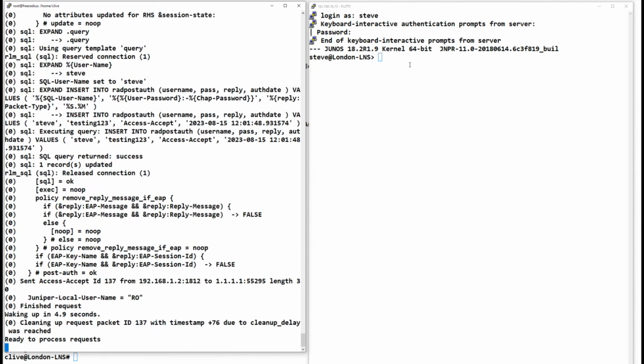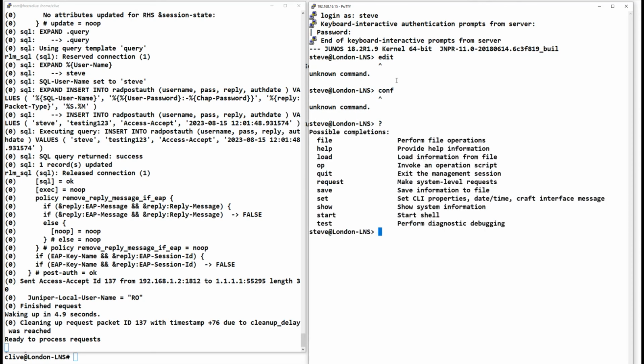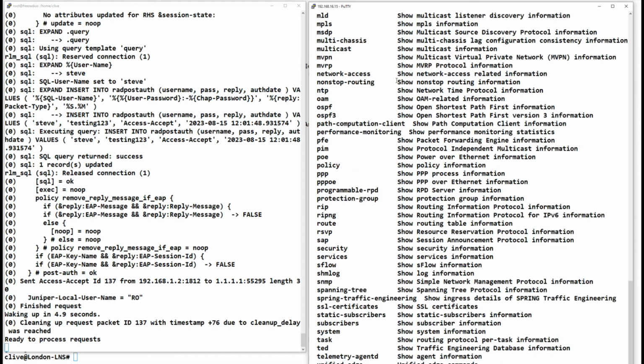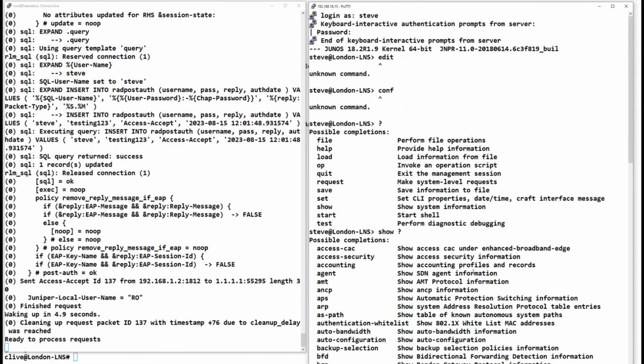So as we can see over here, we've logged in. Now, we're logged in as RO, read only. So can we get edit? Nope. Can we get config? Nope. What can we do then? Okay, well, we can do show, but what can we show? Oh, well, we can do all the show commands, but we can't do anything else. So what we need to do then is